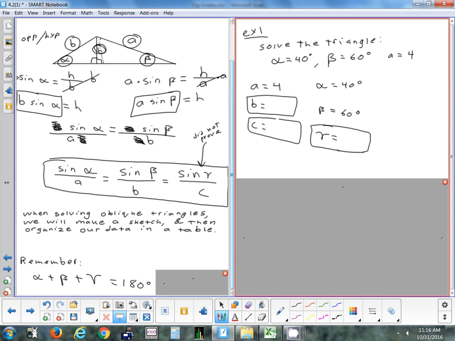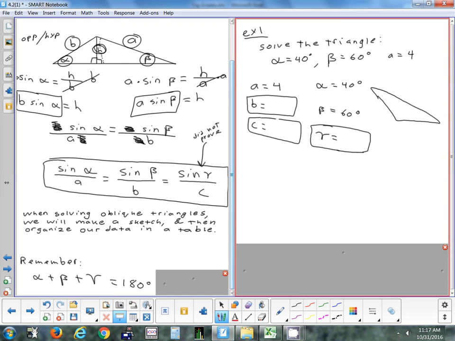All right, so I got my table set up. A, B, and C in one column. Alpha, beta, gamma in the other. I put boxes around everything I need to find. B, C, and gamma. Let's make our picture just off to the side,